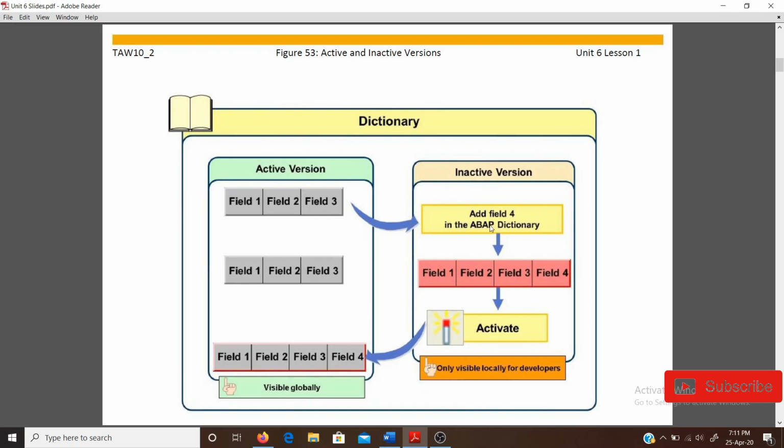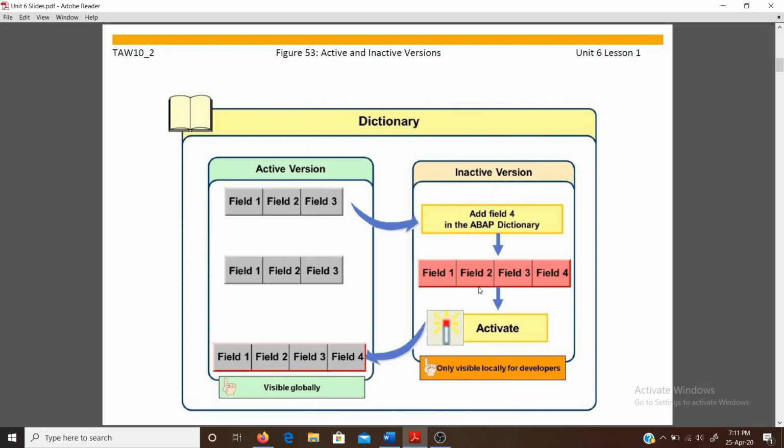In this case, we are adding field number 4 in the ABAP dictionary. So now the active version of field 1, field 2 and field 3 becomes inactive. Now when we activate it with the help of the activate button, it will be visible globally.